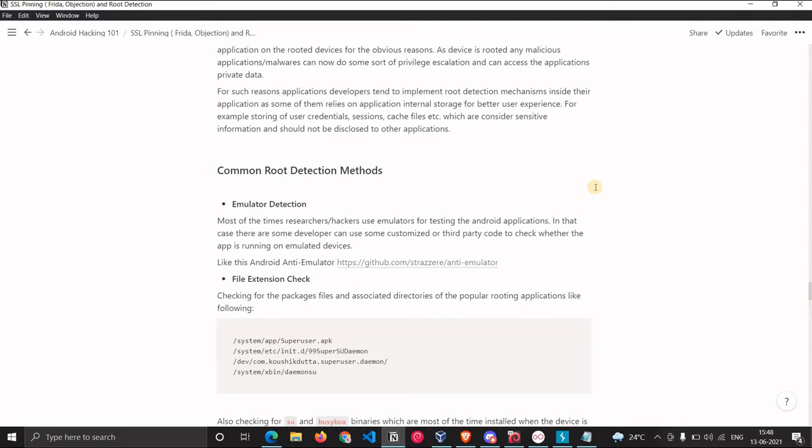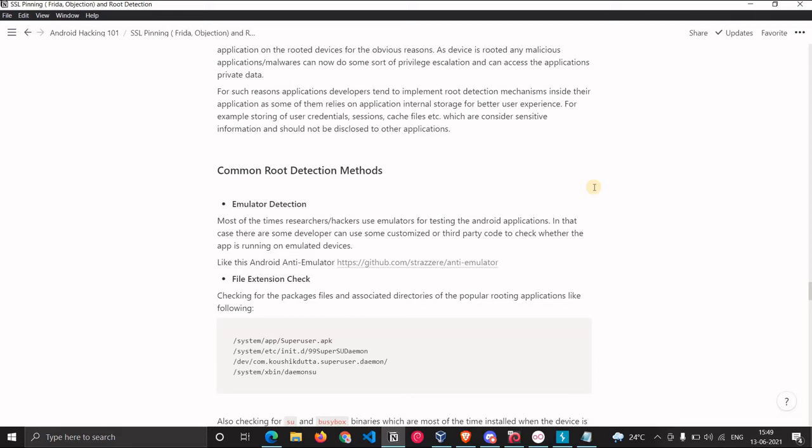These are some common root detection methods implemented in applications. The first one is emulator detection. Here the developer checks whether the application is running in an emulated environment or not. Mostly researchers and hackers use emulators for testing, so developers check whether they are running on emulators.